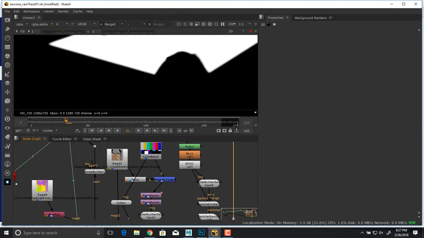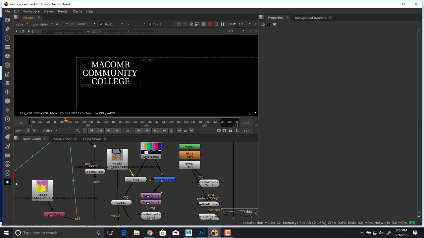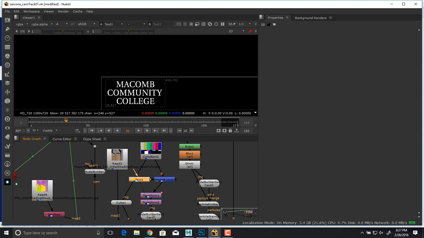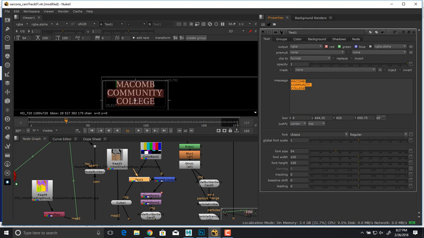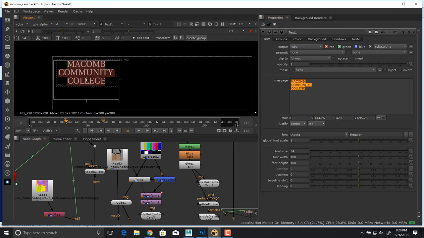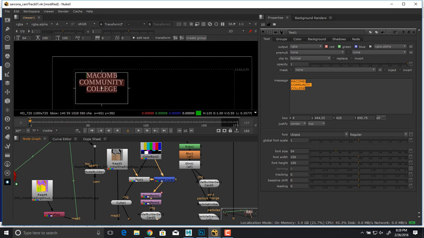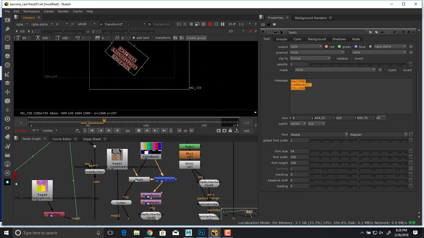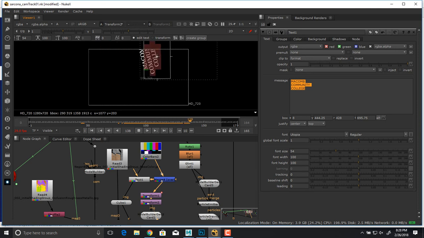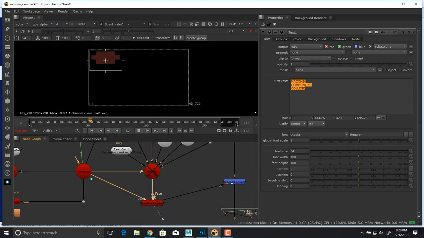I did also animate some text. Nuke is not great at having text in the scene, but just so you can see, there is like a text thing. So if you just create a text node, you can type text in here. You can play with some basic formatting. If you want something fancier, go into Photoshop or Illustrator and draw it out there and then bring it in. But if you just want to have just random text here, you can definitely just do this. And then what I did was I took the text and then I just animated it bouncing around. Pretty obnoxious here, but then once we put it inside the scene,